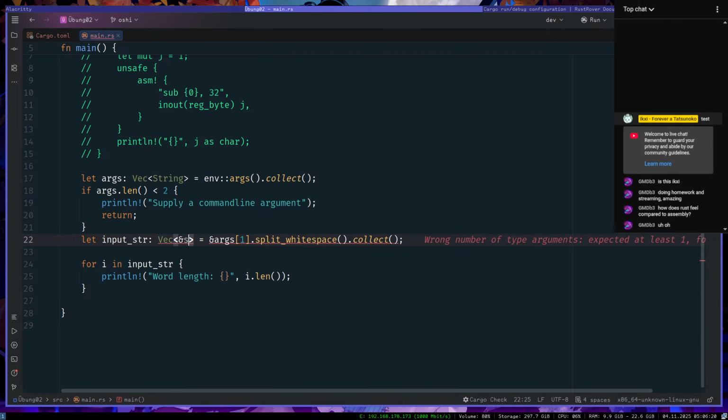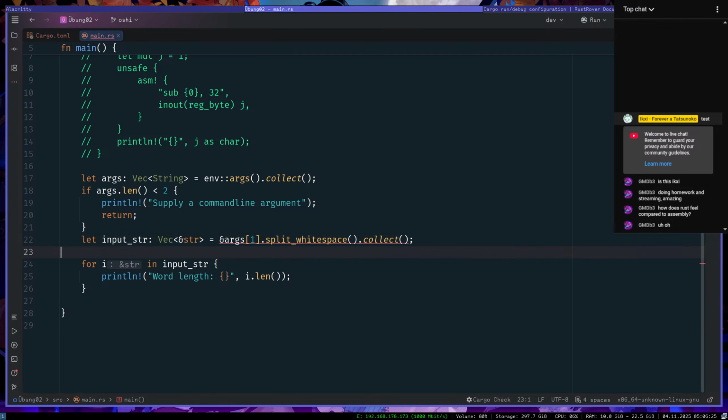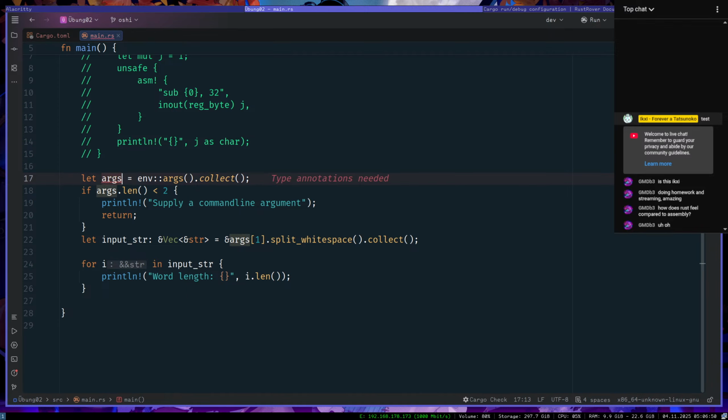Vec<String>. Does it work? No, doesn't. Okay, this works. Sure. Apparently you need to supply it with the correct type, and this one needs a type annotation. I thought the inference system was so good.